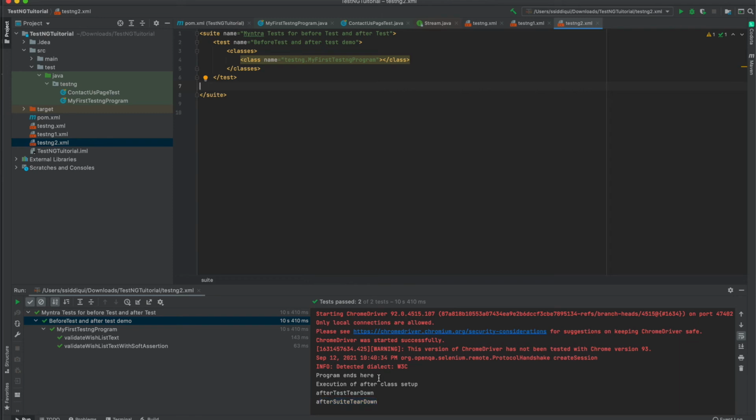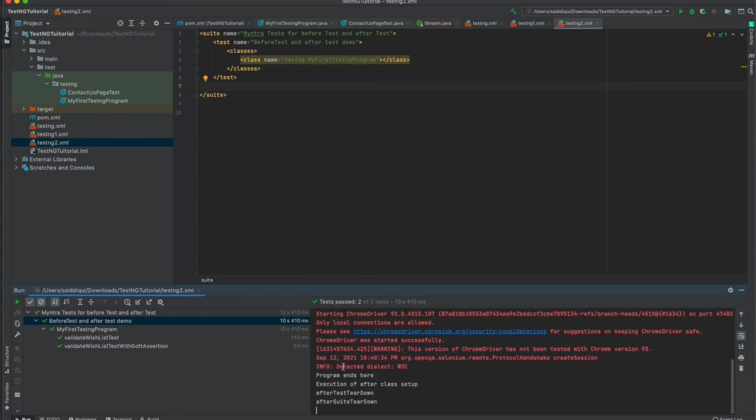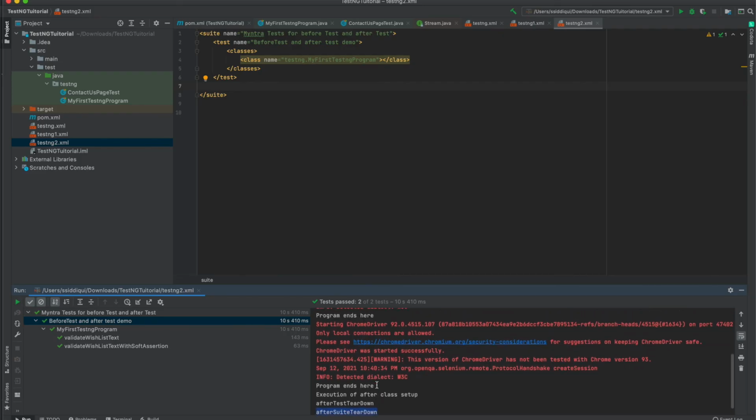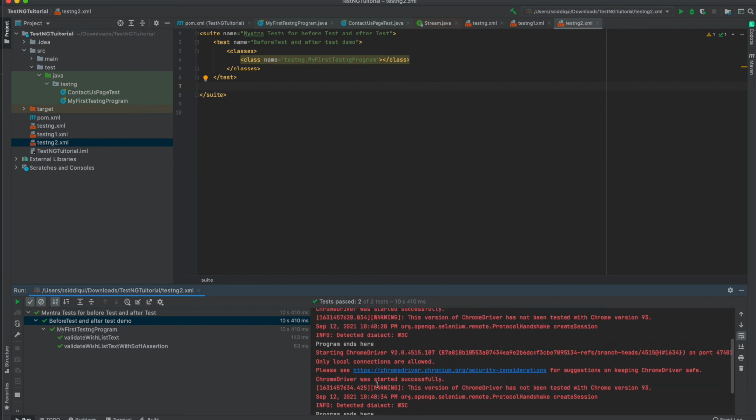And again, once the before shoot is executed, it is going to do setup for before test setup, and then it is going to do setup for class level, and it will execute after method, before method, and then it will execute in between tests, and again it will execute after class, and then it is going to execute after test, and then it is going to execute after shoot. So this is the hierarchy of how testng annotations work and what is their precedence. So you need to keep this in mind.